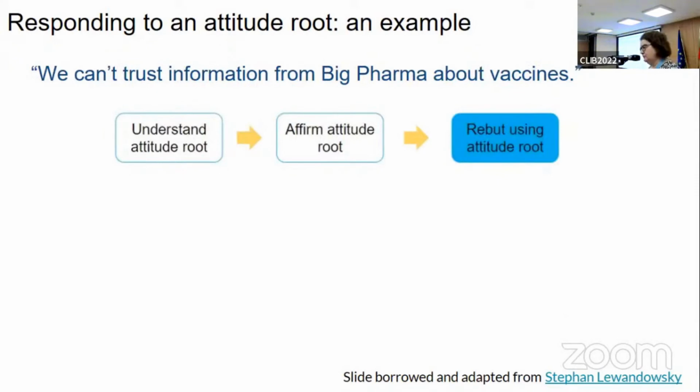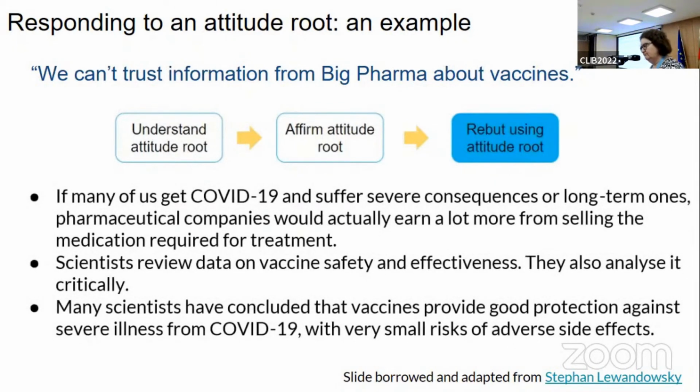And in order to respond to this particular attitude root of distrust, we need to turn the attitude root against the anti-vaxxer and turn their argument on its head, so to speak. If many of us get COVID and suffer consequences, pharmaceutical companies would actually earn a lot more from selling the medication required for treatment of COVID. So this hidden motive of money would be even more prominent if people would get COVID-19 from the point of